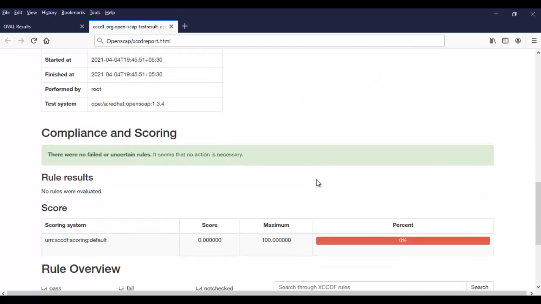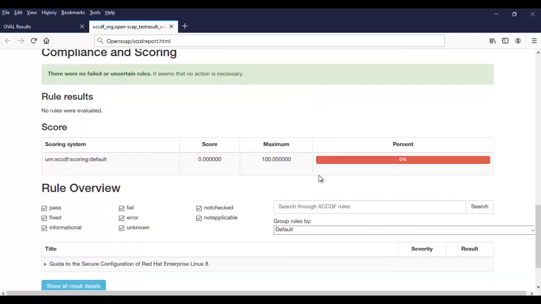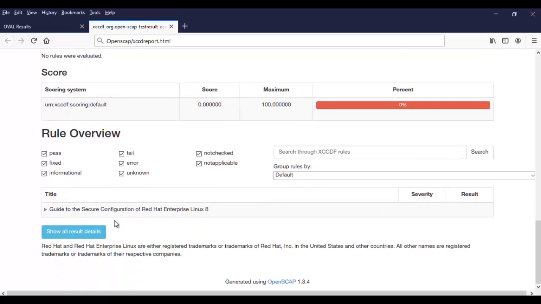Compliance and scoring. So see here friends, there was no failed or uncertain result. It seems that no action is necessary. So click all result details.